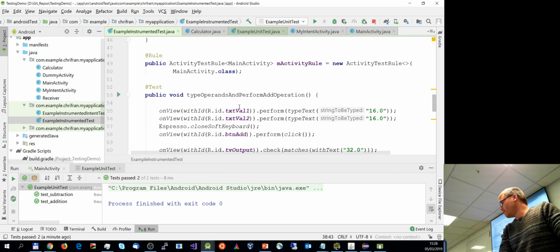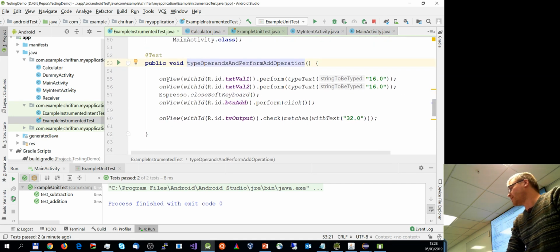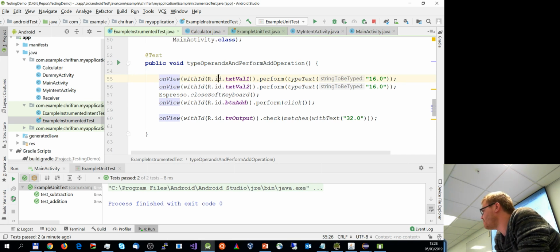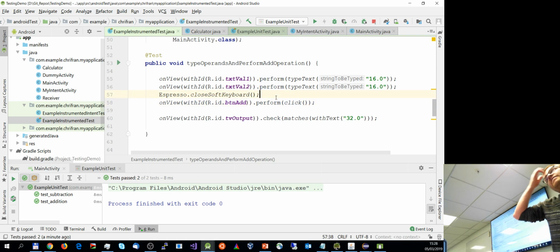Okay, so first of all, here's the test specification. So I just called it type operands and perform operation. So what does it do? Well, you basically say on view, identify the view with a unique identifier. That's the text field value 1. And then perform, well, type a text in there, 16, whatever. And the second one, type 16 as well. And then close the soft keyboard and then basically perform click. So here it comes. In terms of interaction and